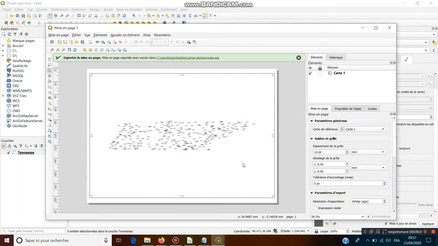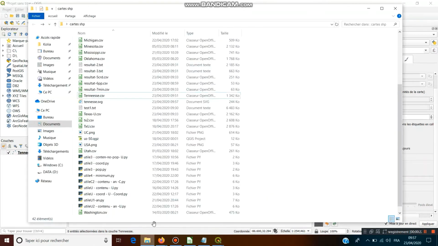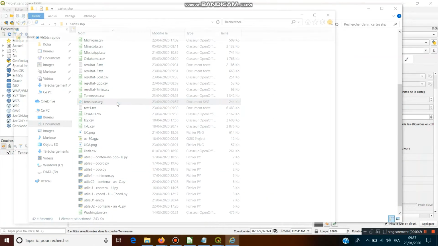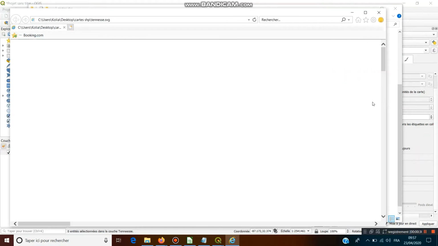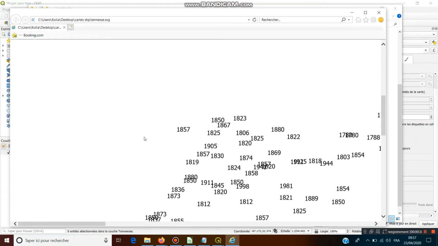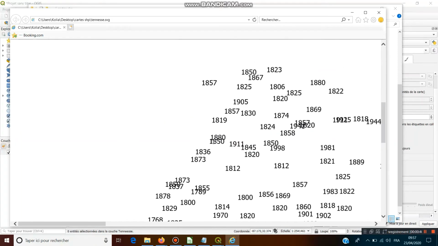I will show you why. Now we can open our file, which can be opened by Inkscape or by a text editor. So here we are.